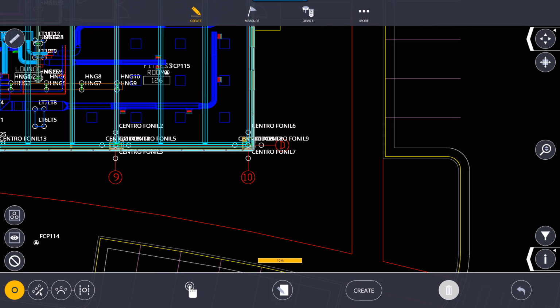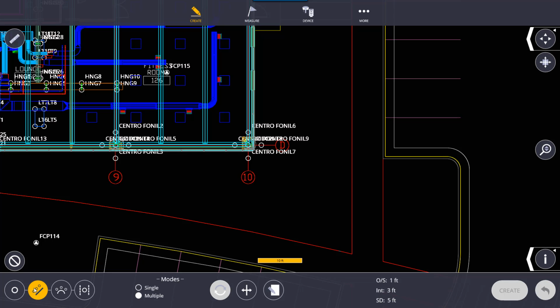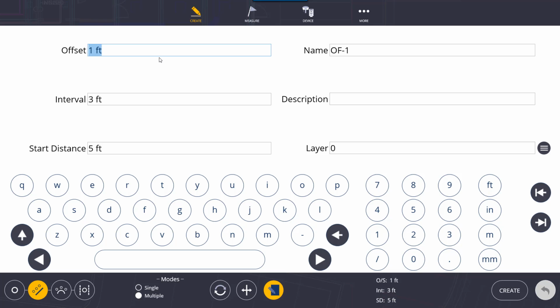Our next option here is offsets. We can create point offsets. I need to select 2 points to create a line, and based on my input in the input form button, I can create some offsets. I can have an offset of 1 foot, and I'm actually going to change this to 2, at an interval of every, I'm going to say 4 feet,